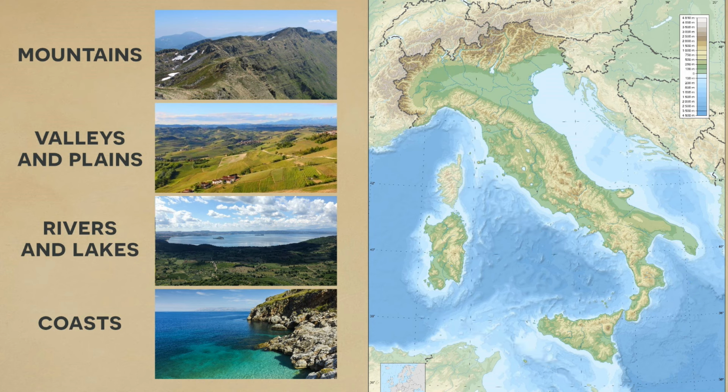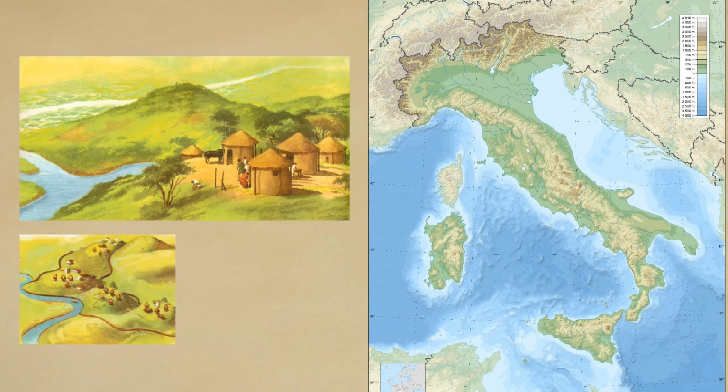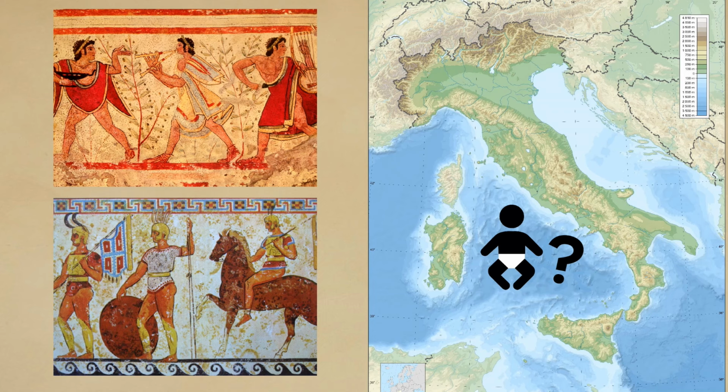What this all means is that the diverse landscape of Italy led to a diverse community of peoples. Villages founded by early settlers would take advantage of their local terrain, and over time, their development would be molded by it. Fertile lowlands might turn them into farmers, rugged highlands might turn them into pastoralists, and coastal or river access might turn them into traders. The birth of these communities in such a wide range of environments therefore had a great impact on their varied